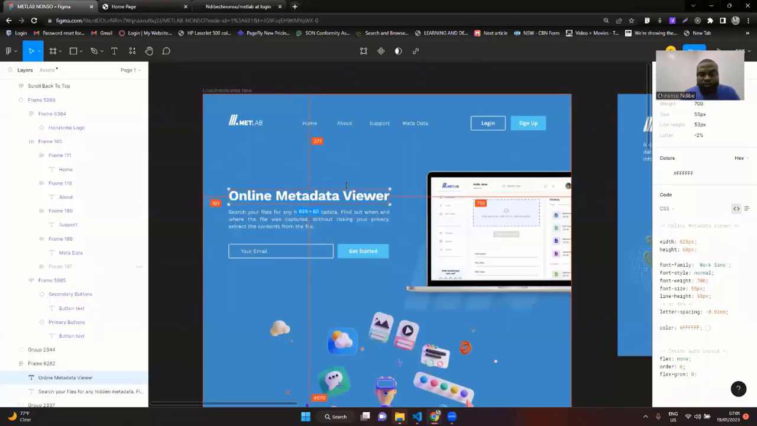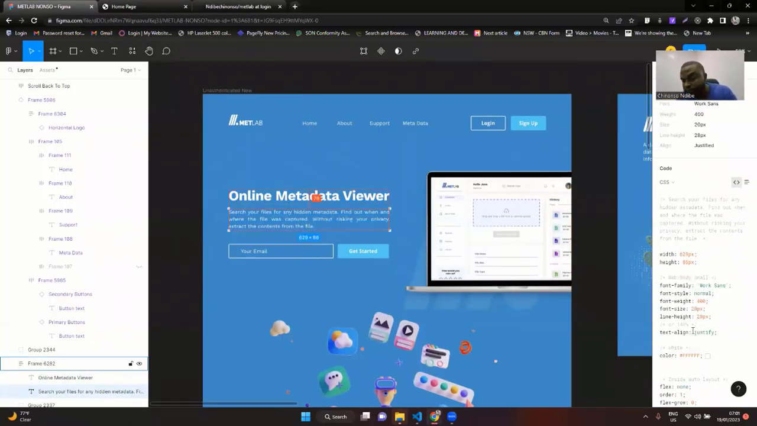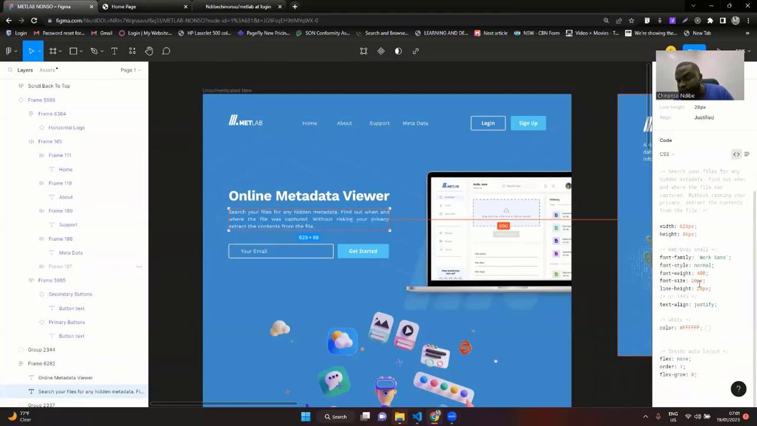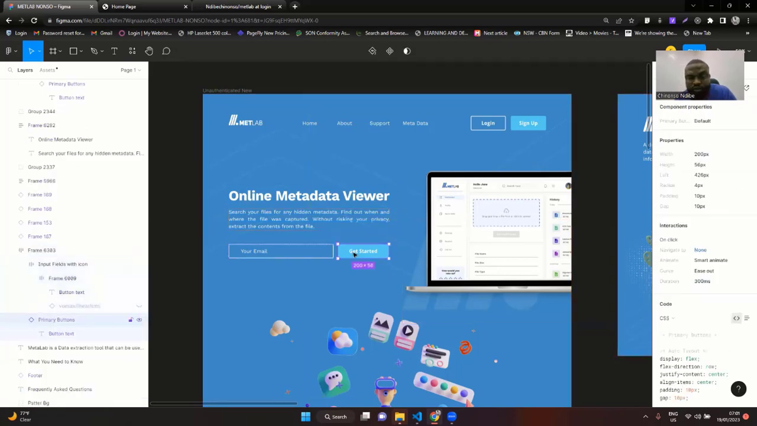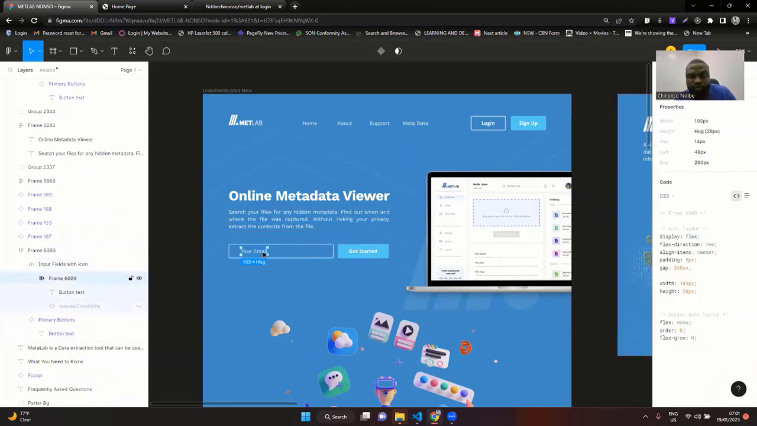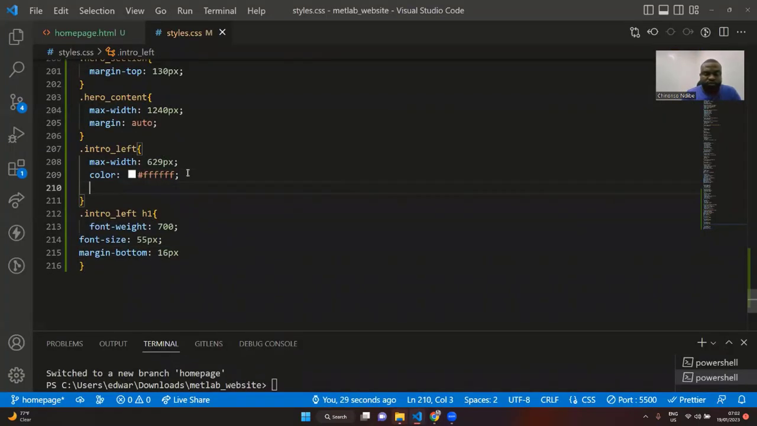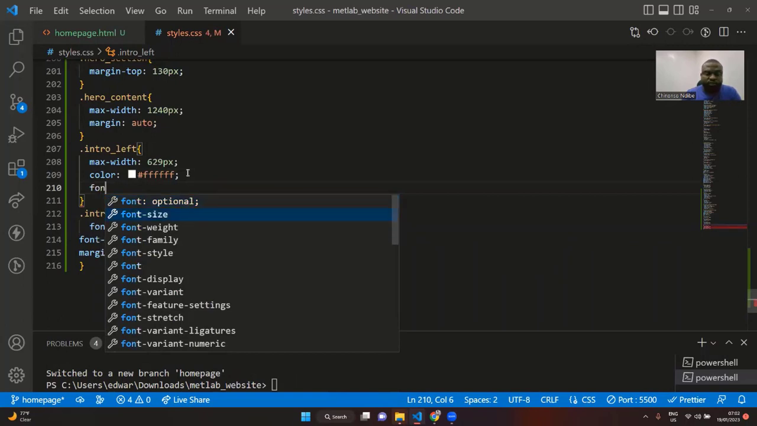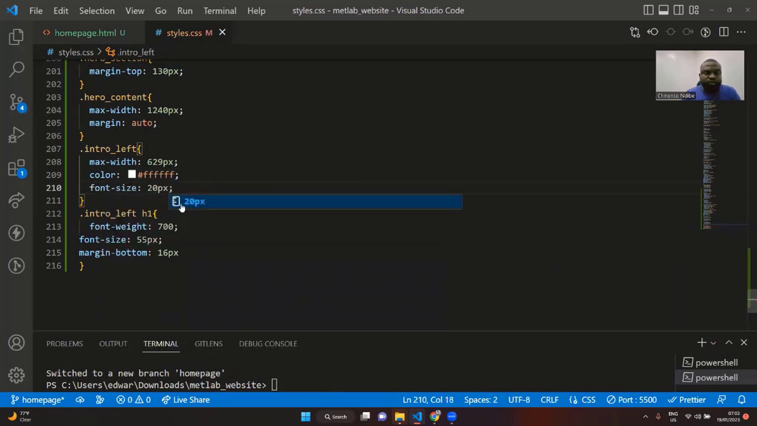Okay, then how about the paragraph? All right, so the paragraph has a size of 20 pixel and then the same color white. So let me see. This also has a size of 20 pixel. So I could just give intro left a font size of 20 pixel. Then the intro left paragraph